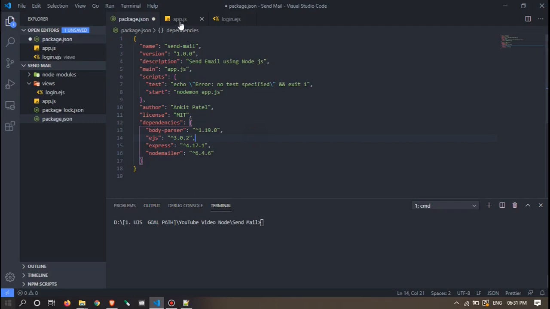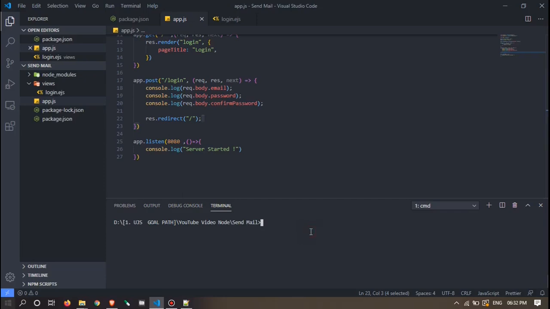Nodemon will do that for us automatically when we save the file, so we don't have to manually create the server again. So let me save it. Now if we run npm start, it should work. Nodemon app started.